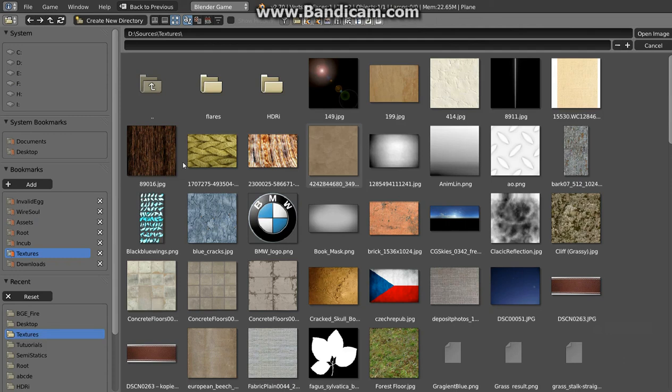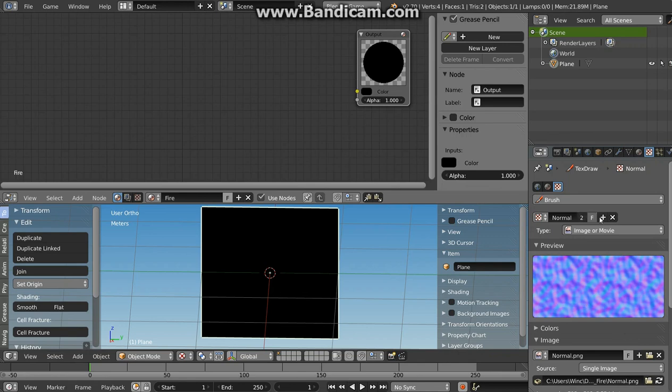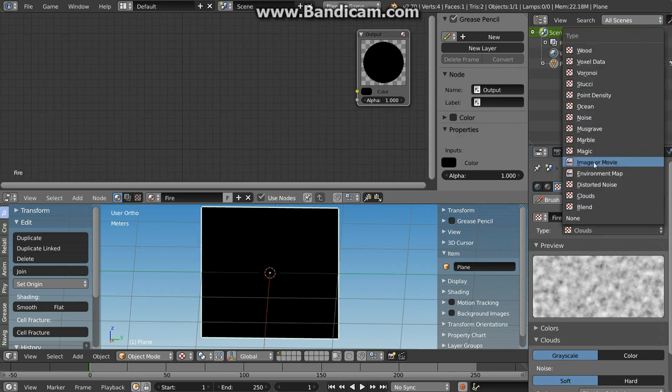It's a slow process, but there are not too many images to import. And the final one, the alpha or fire shape image